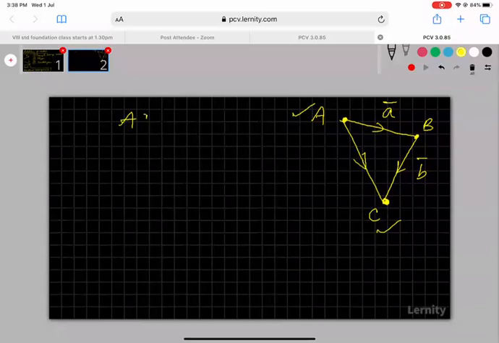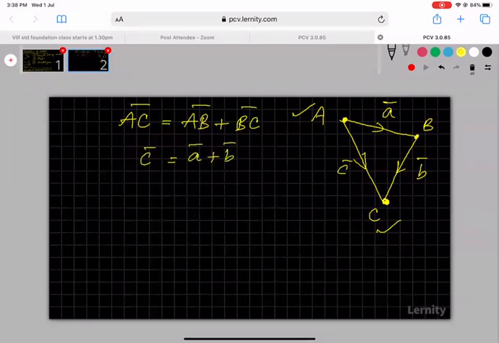Basically, from the diagram, you know that AC bar is nothing but the total of AB bar and BC bar. If we call this vector C bar, you know that C bar is equal to A bar plus B bar. It's a straightforward thing. If a man goes from A to B, he got displaced from A to B. If he goes from B to C, he got displaced from B to C. Overall, he got displaced from A to C. So you say AC bar equals AB bar plus BC bar. This is a very simple thing to understand.